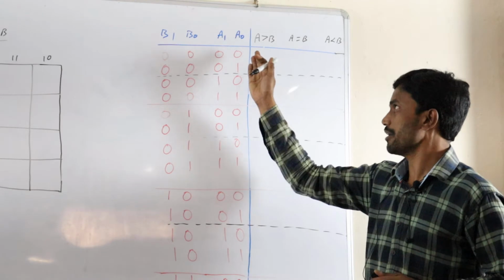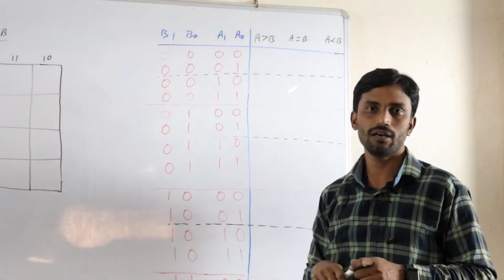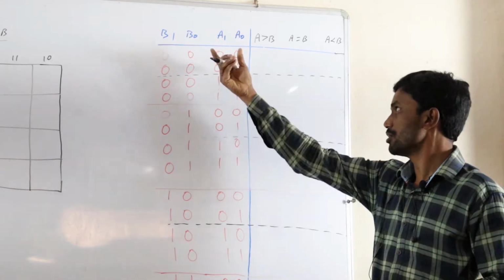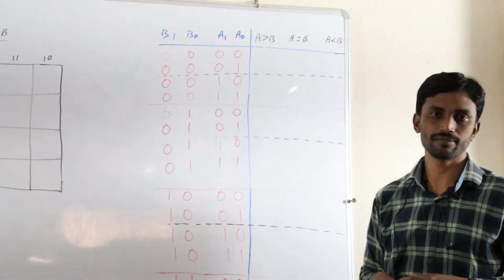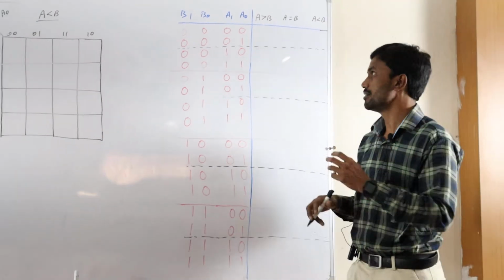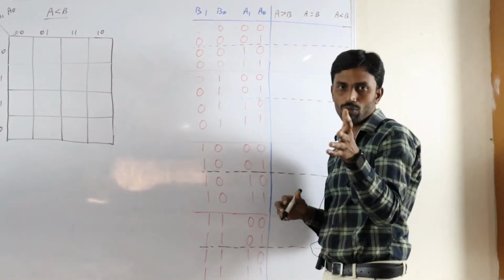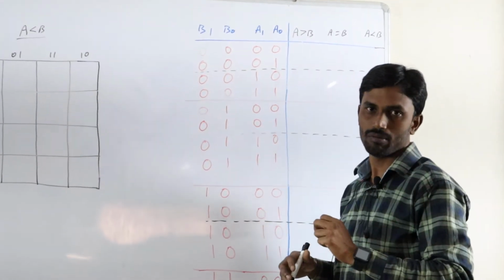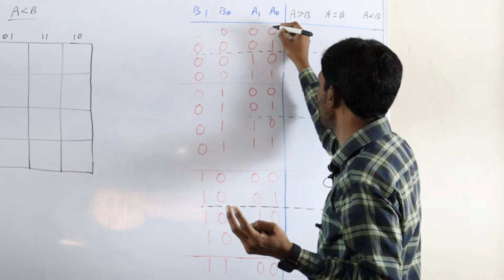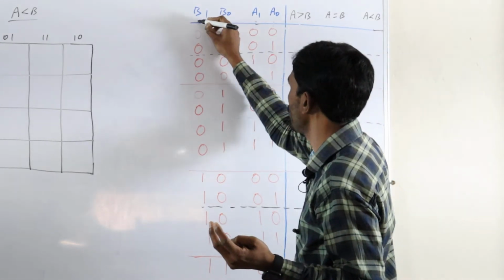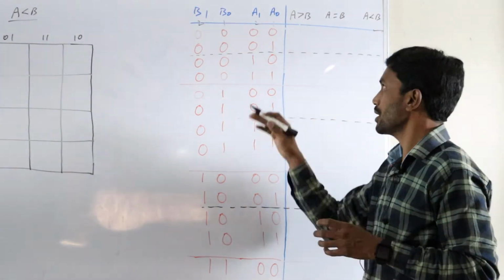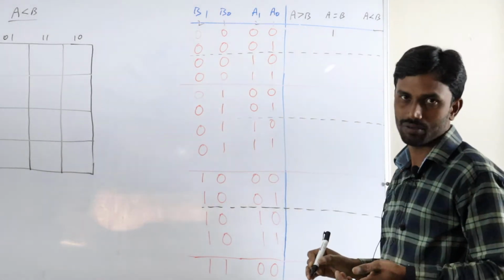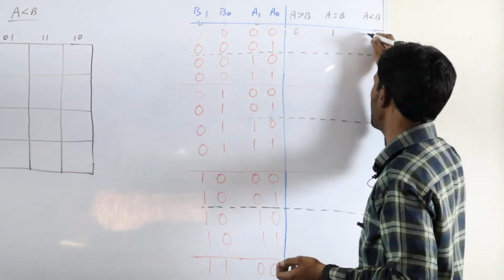Now if you observe, there are 4 bits on the input side of the truth table, so 16 combinations are possible. These are the 16 combinations. Let's check. What is the A value here? We are providing 0, 0, which is 0. The B value we are providing is 0, 0. Because it's a 2-bit number, you write it in decimal form. Both are 0, 0, which means both are equal. So A equal to B will be active.